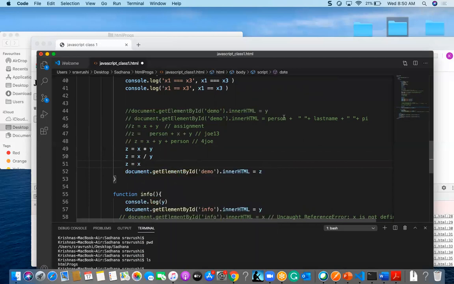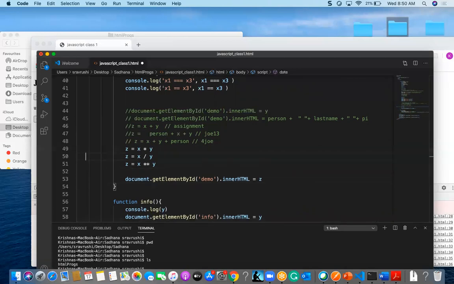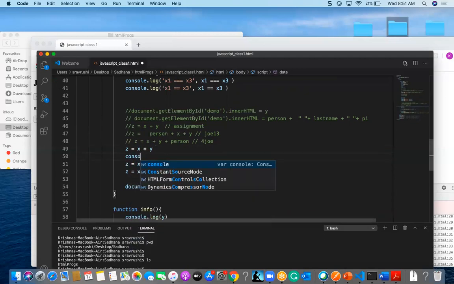Slash will define the division in JavaScript. And we have some more, the power parameter, that is exponential, and also increment and decrement operators. So let me show you this one. I will go ahead and console.log this x plus y.